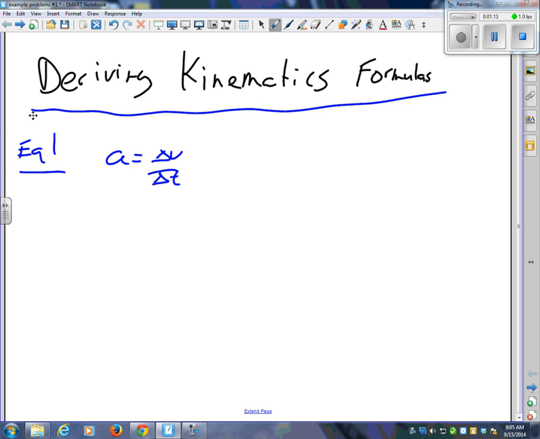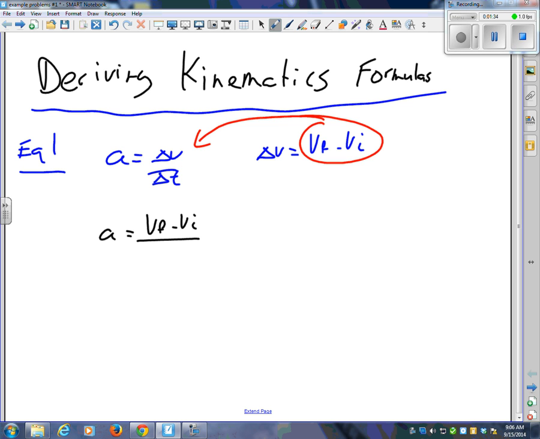Now, you might also remember that delta v could be written as Vf minus Vi because it's simply the change in velocity, right? So I'm going to take this portion and substitute it in there, which gives me a equals Vf minus Vi all over delta t. Now I'm just going to let the delta t become t. Sort of going to make a typo on purpose. Okay? And I'll add on the side here that delta t is equal to